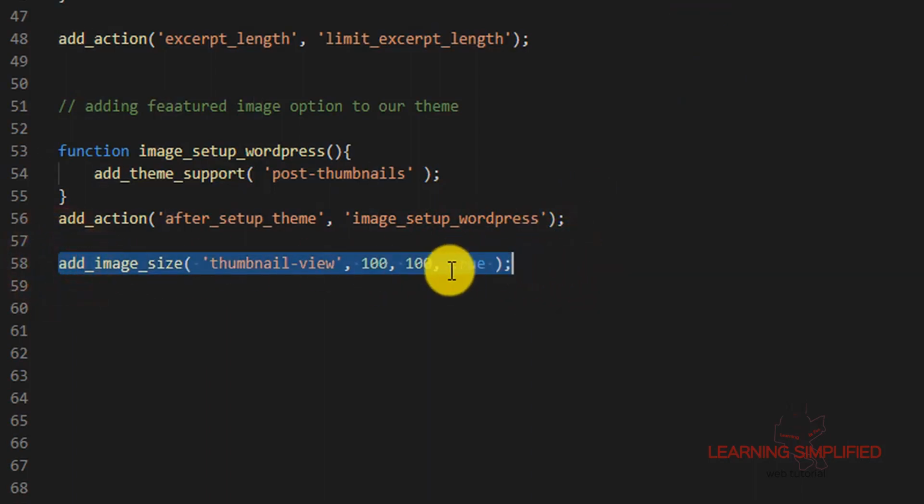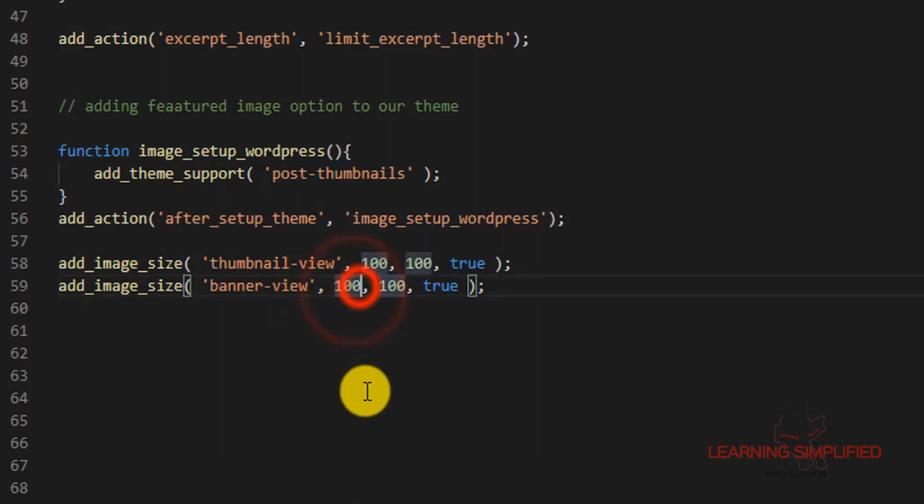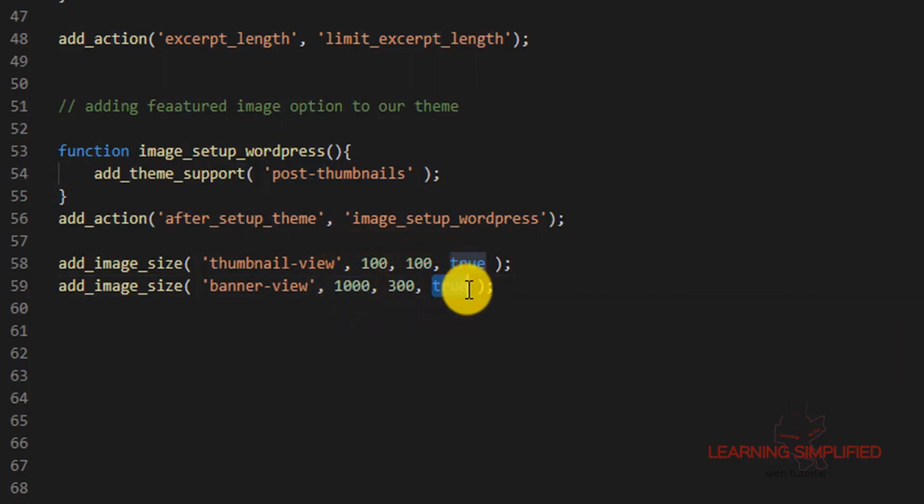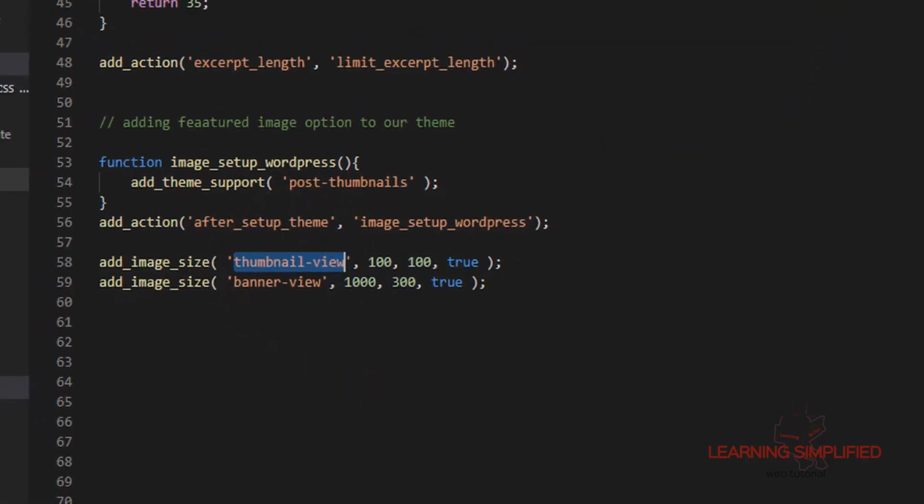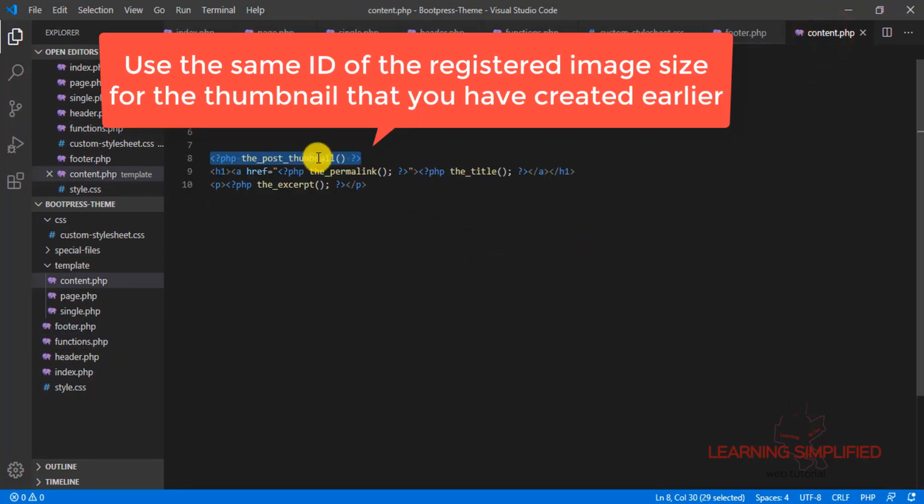In a similar manner, just copy this and paste it below. Here we are putting a different name, like banner view, and we are mentioning that the width should be 1000 pixels, the height of the image should be 300, and it should be cropped along the central position. Now all we need to do is use this individual ID that we have created. So we are copying it, we are getting back to the pages where we want it to display, and here we will be using